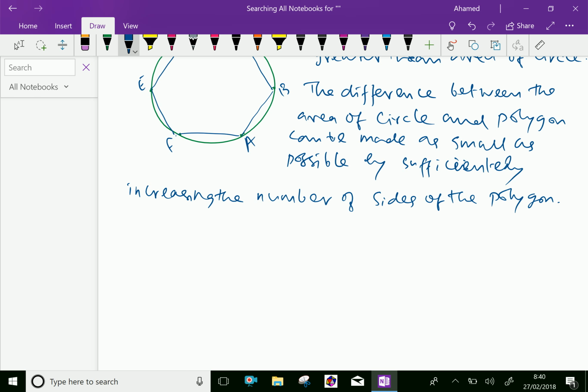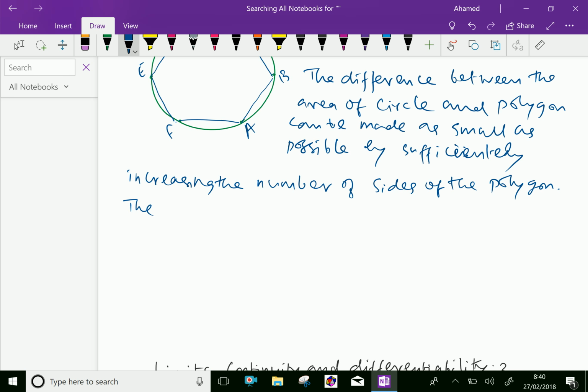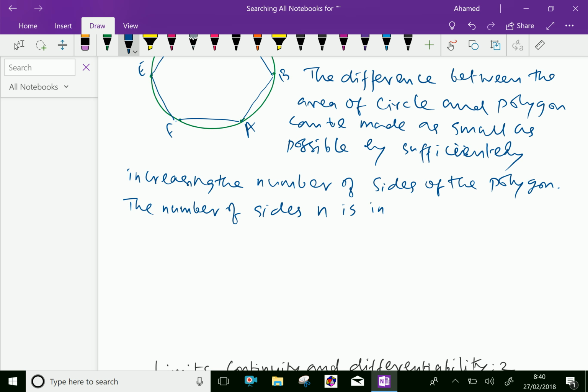The number of sides n is an independent variable. The difference of the area